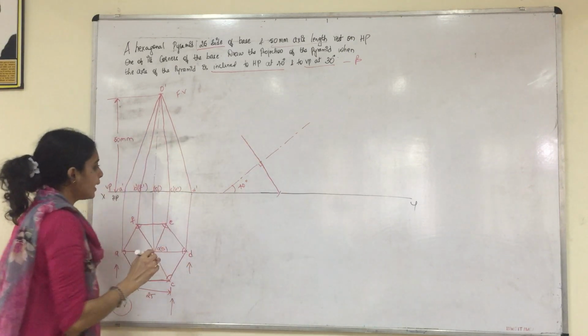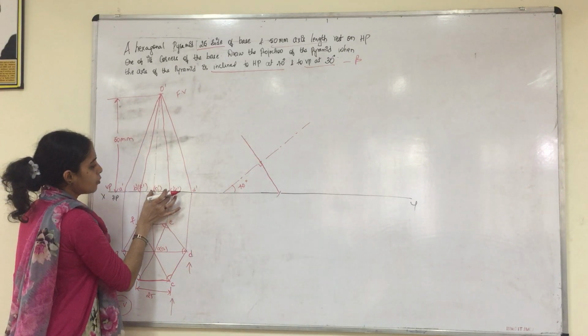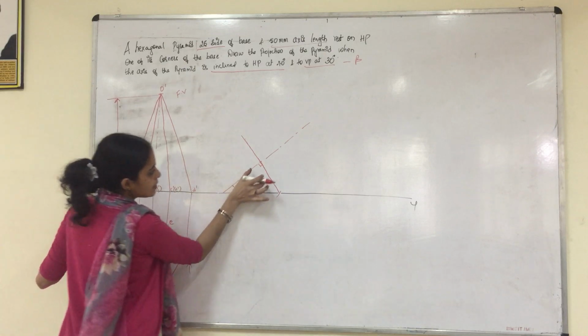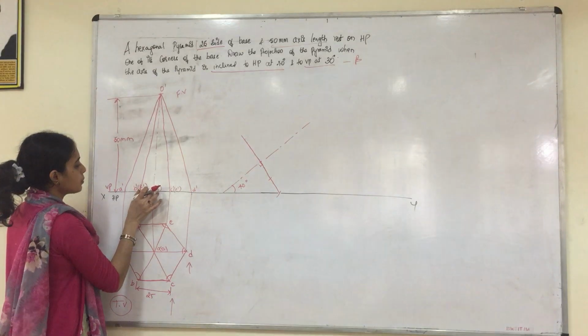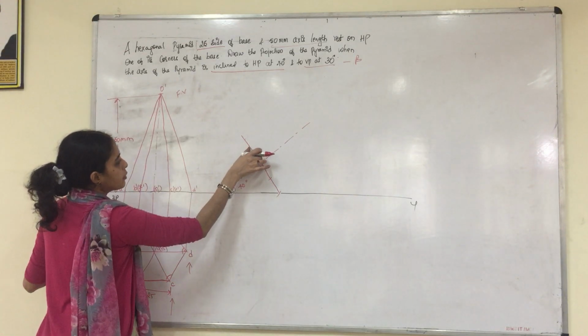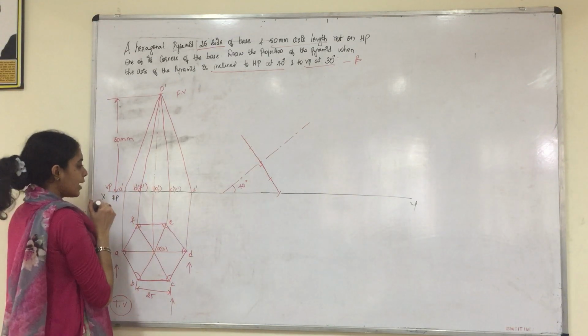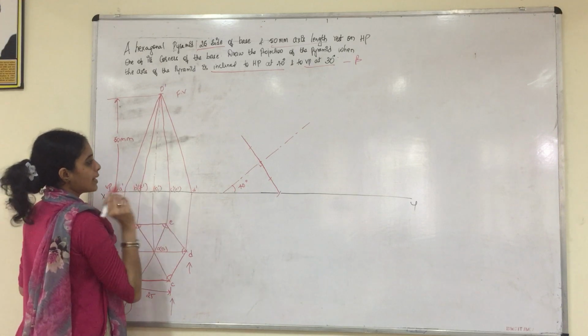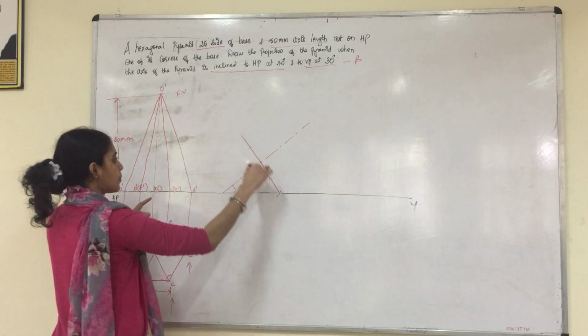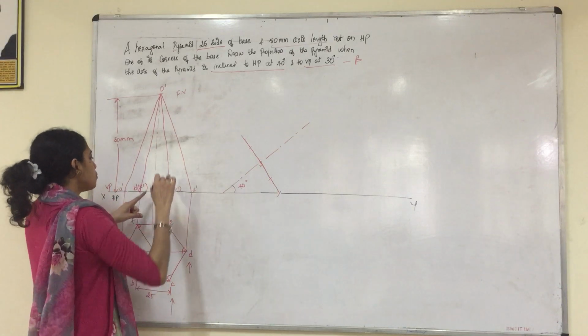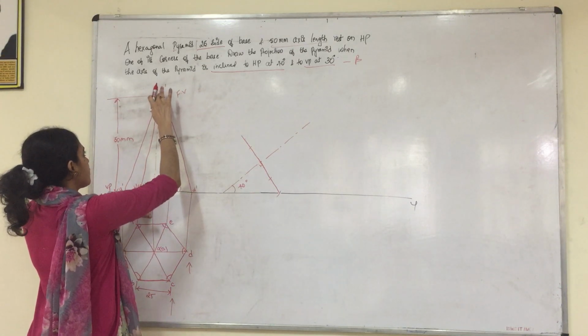Extend the perpendicular line. Now measure from O1 dash to C dash, and cut an arc. Similarly, measure from O1 dash to B dash and cut an arc. Right? So you have got all the points on this baseline. And now, after getting the base shifted, you please measure 50 mm.